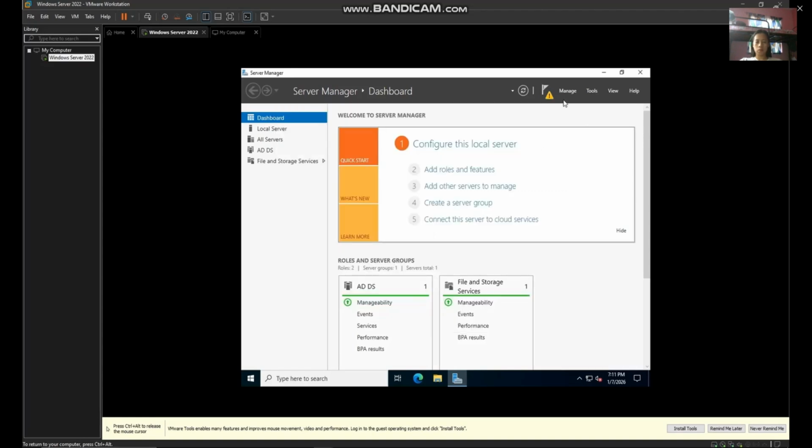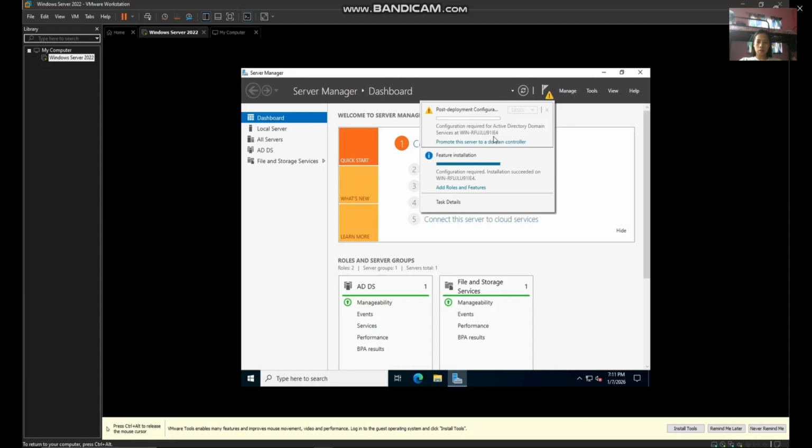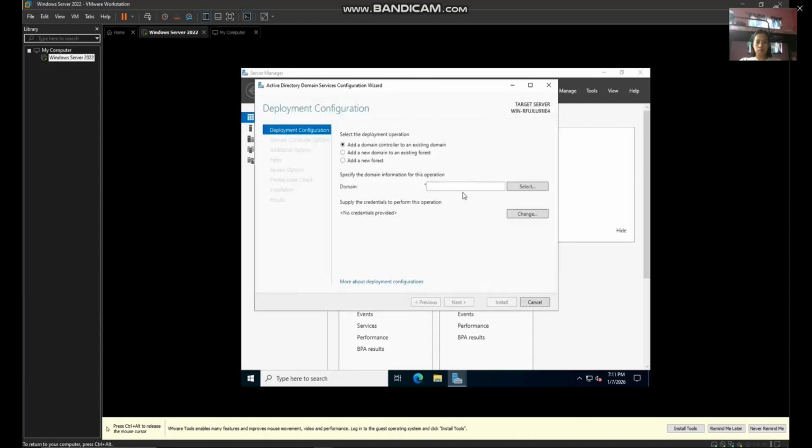So now close. Then we can promote this server. So choose add new forest. So we can type the root domain name. So for example, nc2.com.